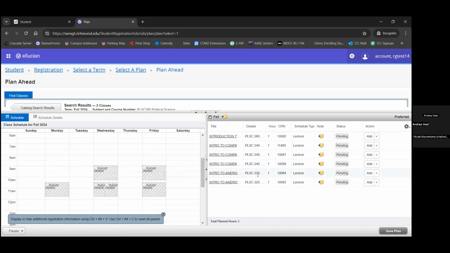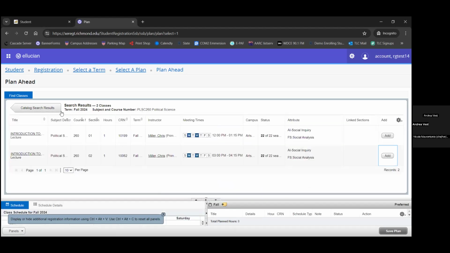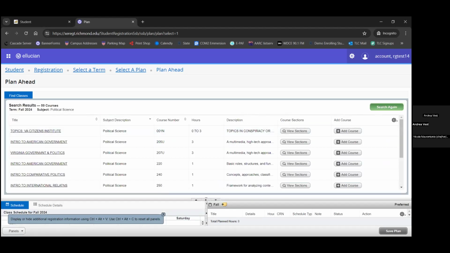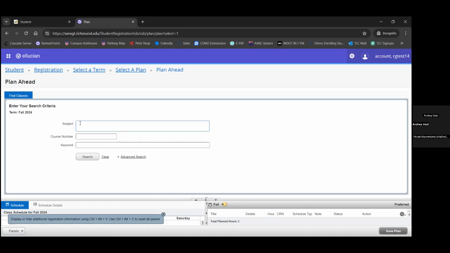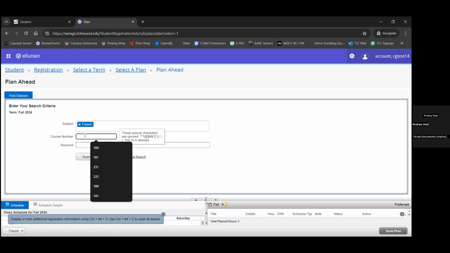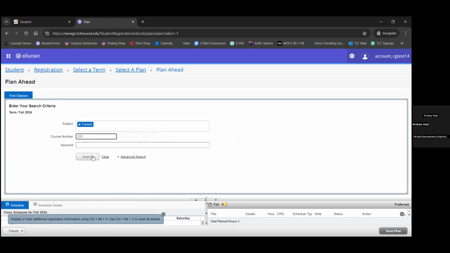So adding those courses to the lineup, I'm going to continue building on. I'm thinking now about some other possible classes that I would add. So searching again, we'll begin with French. Since I have taken, say, 4 years of high school French, but didn't take the AP exam, I took the placement test and it confirmed I should take French 221.